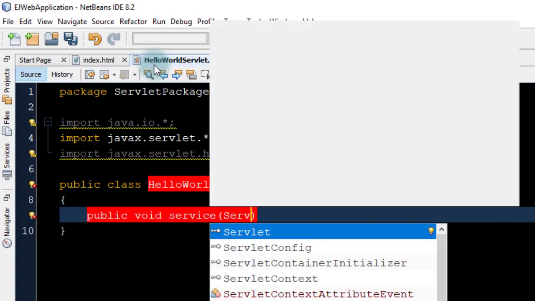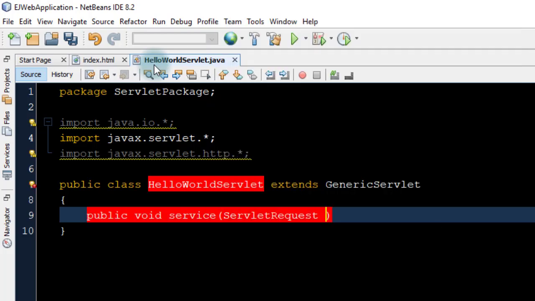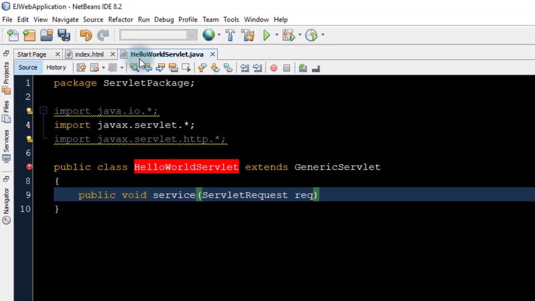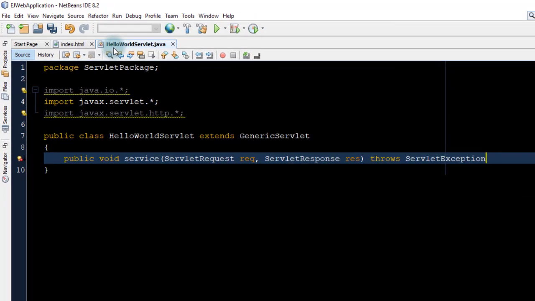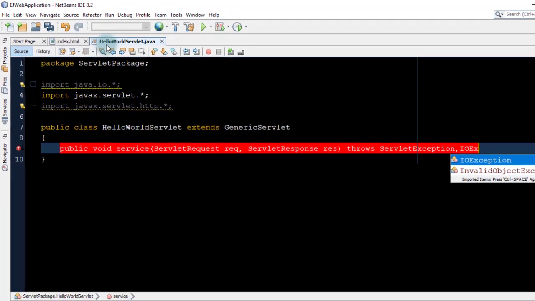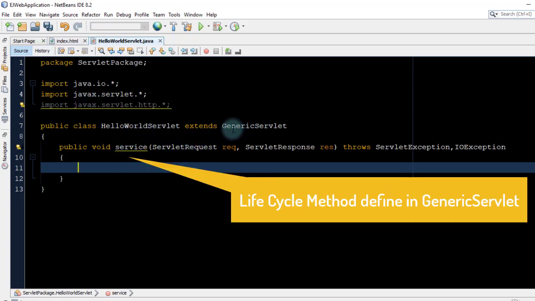Therefore we have two parameters here, ServletRequest req, comma ServletResponse res, and this method throws two exceptions. First is ServletException, comma IOException. So this is a method, right? This method is defined in the GenericServlet class.